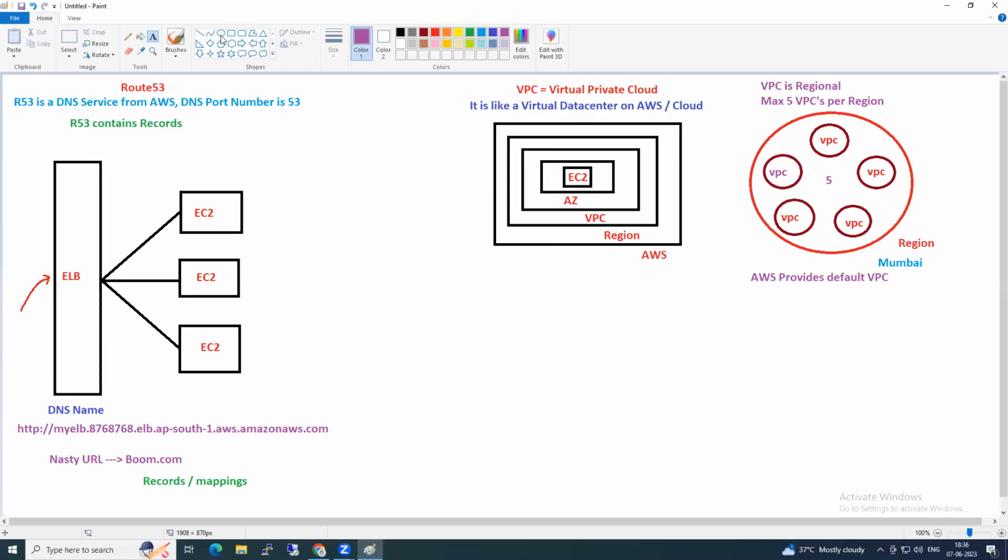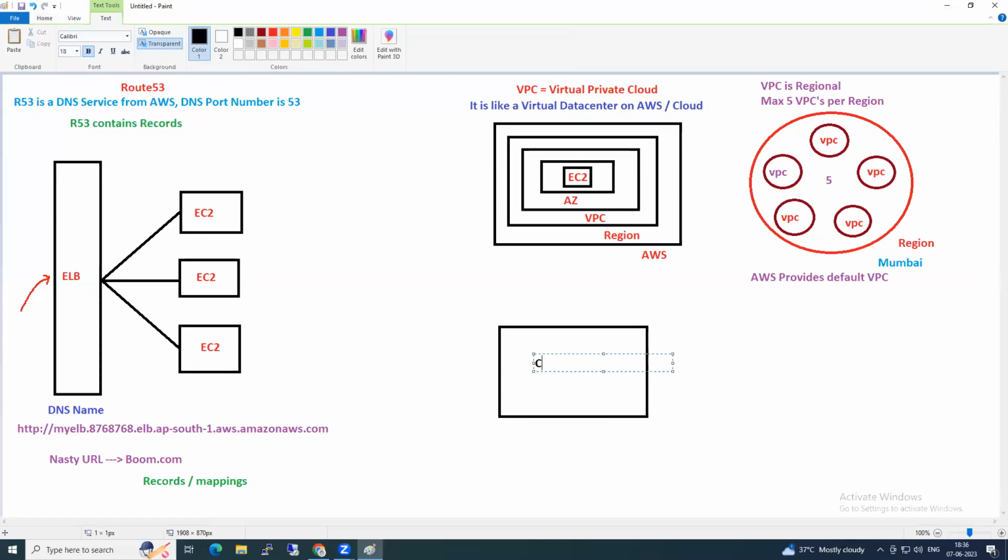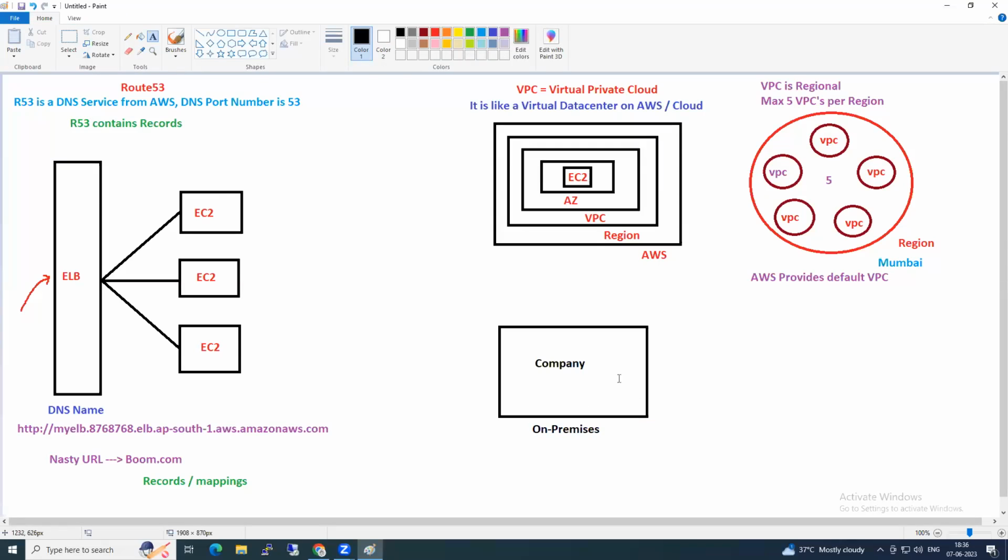Good. Now, guys, this is your company on-premises. Here you have the company and you have AWS.